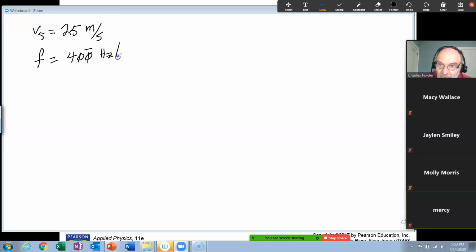And a hertz, remember, is a 1/second, or a second to the -1. Okay. Assume the speed of sound is 345 meters per second. So this is V, the speed of sound, at that temperature and that moisture and everything else is 345